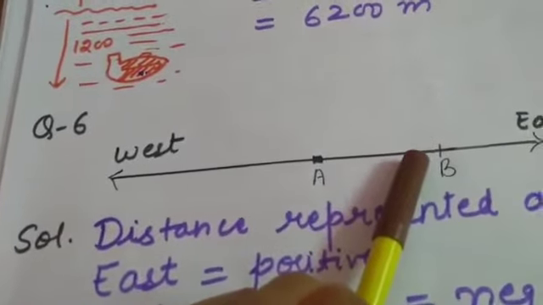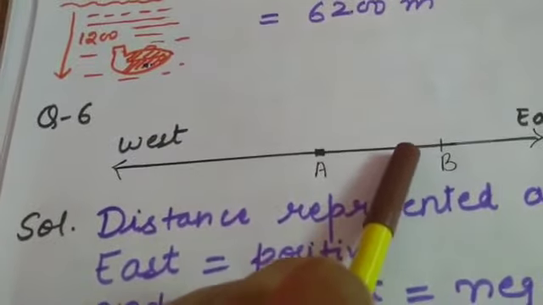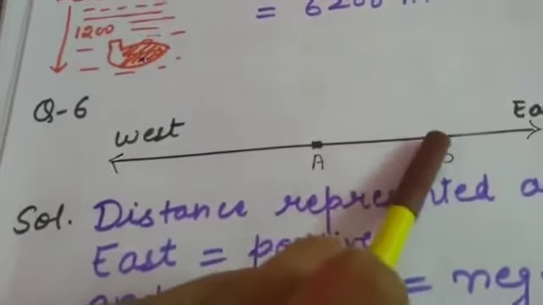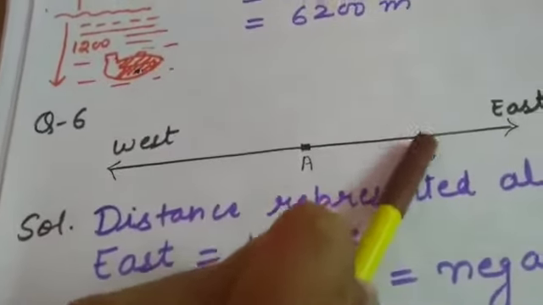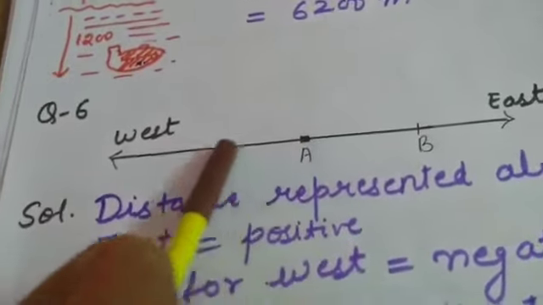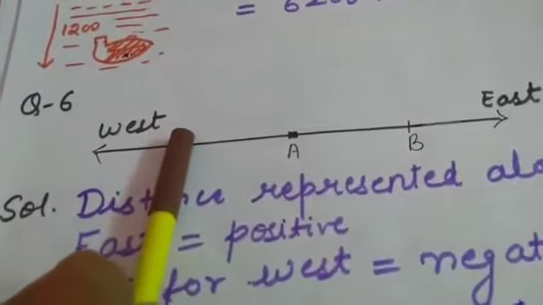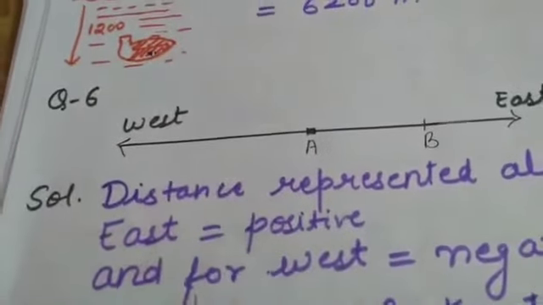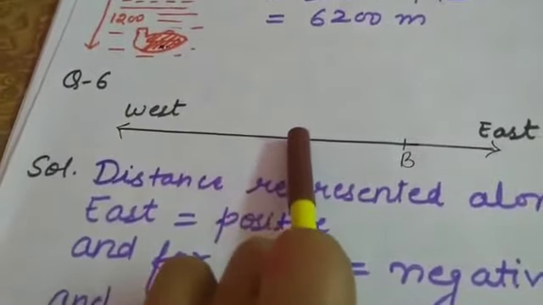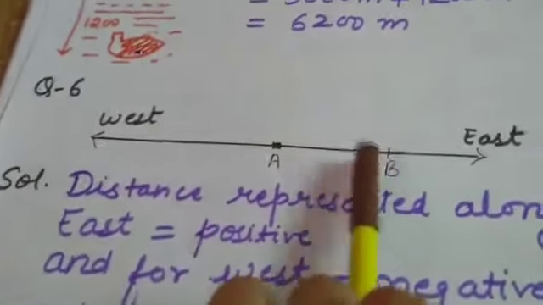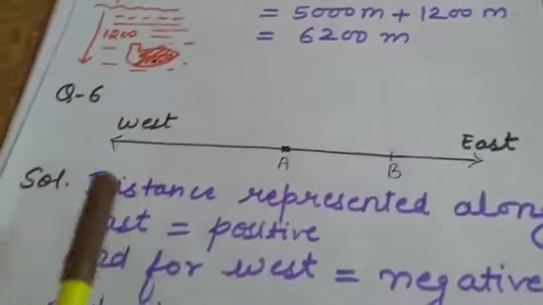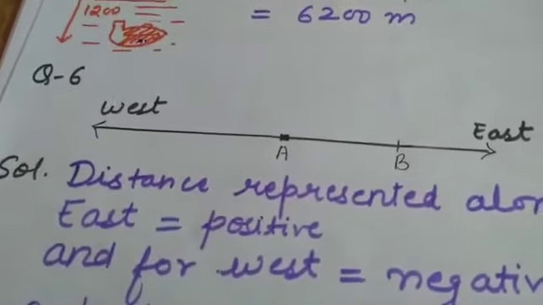Then from B she moves 30 km towards west. Here it completes. She completes 20 km at point B. After this, she moves 30 km to the west direction on the same road. Now the question is asking, if the distance in the direction east is taken as a positive integer, how will you represent the distance traveled toward west? Simply we will represent it by a negative integer.